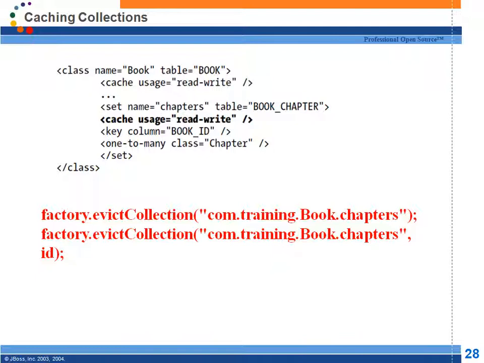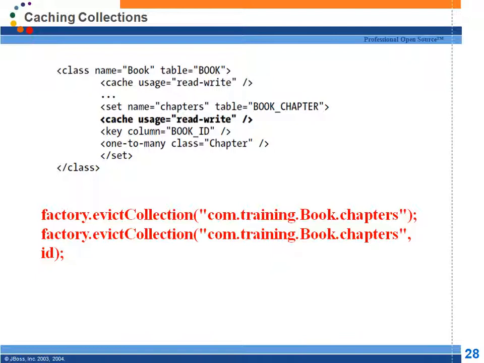In collection cache, objects are stored. It is a collection of chapter. Chapter is a separate entity, right? If at all we have to store chapter objects inside the second level cache, chapters will go inside its own cache region. So in collections we will be having only identifiers, right? In collection cache regions you have only identifiers. Okay, any doubts? So these are the various ways to configure second level cache for entities as well as collections,